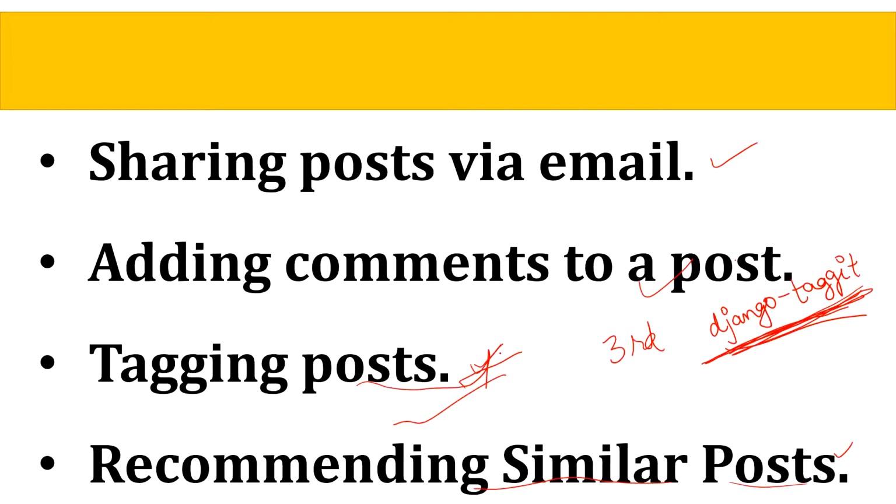Posts about similar topics will have several tags in common. We will also build a functionality to display similar posts by number of tags we share. In this way, when a user reads our post, we can suggest to them that they read other related posts at the same time.